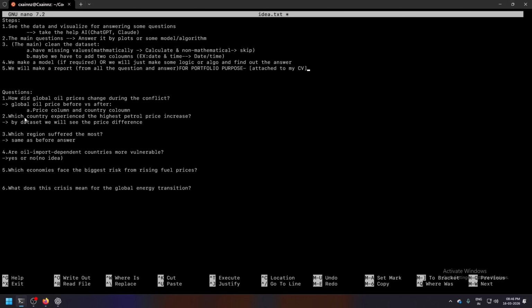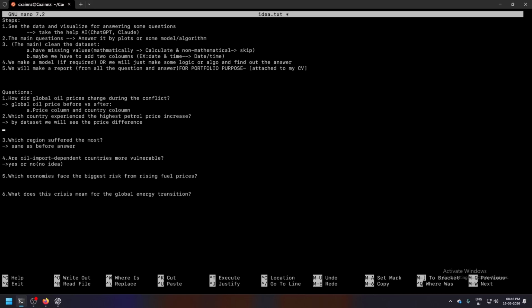To make it more understandable, which country experienced the highest petrol increase? What we can do is, of course, we will see the dataset and all sorts of things. We can also compare the price before and after.